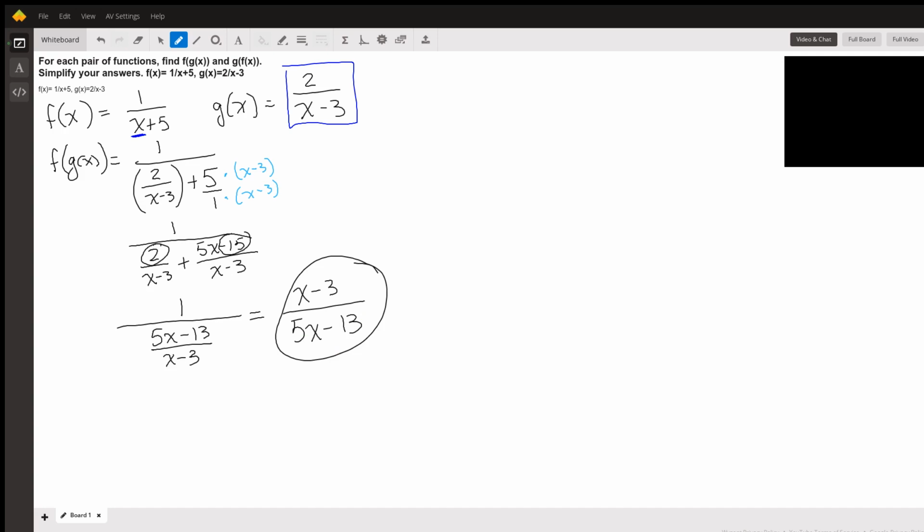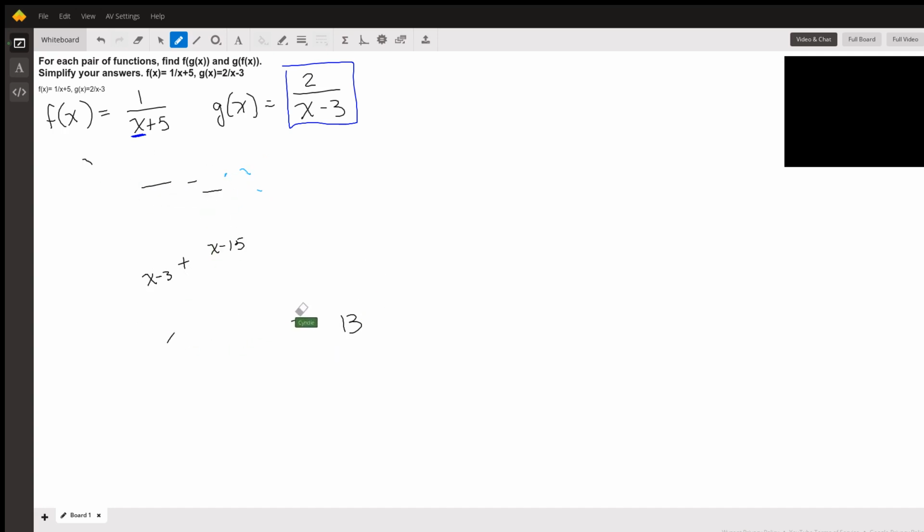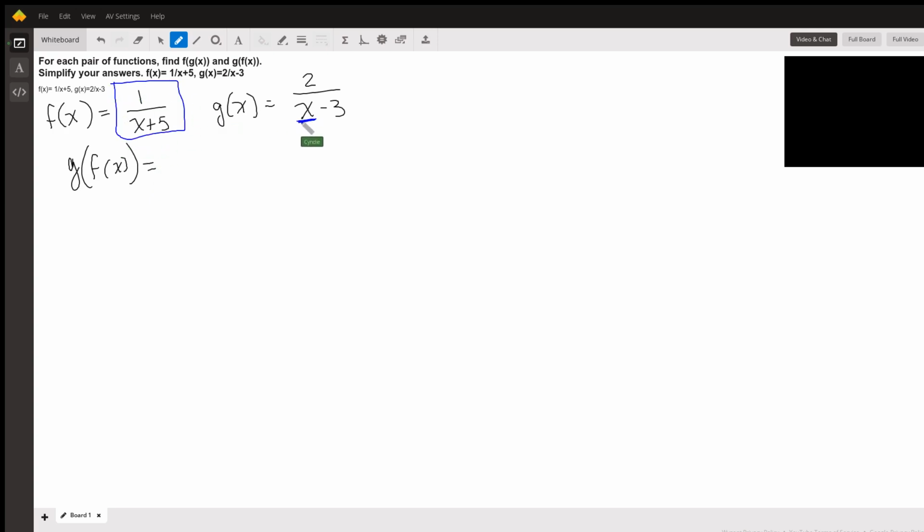Now for g of f of x, we're going to do the same thing, but we're going to put the f function into the g function. So I'll erase this. Okay, so now if we're going to do g of f of x, that means that I'm going to put the f function into the g function for x. So I'm going to get 2 over 1 over x plus 5